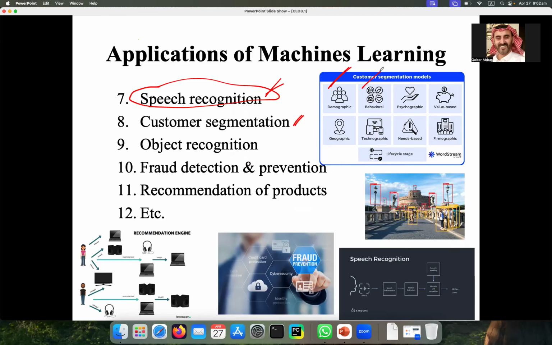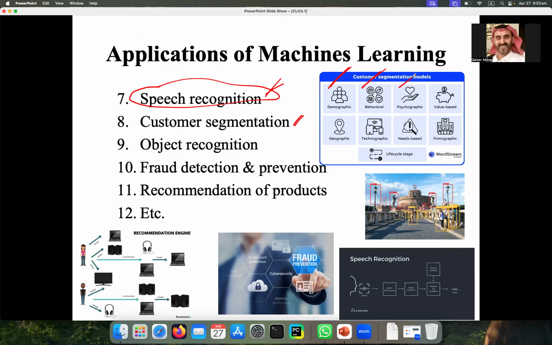Some people always like the brands or something like that. So what is the behavior of the customer? From the data, you can identify what is the behavior of the customer. This is just one example. That is called behavioral segmentation.